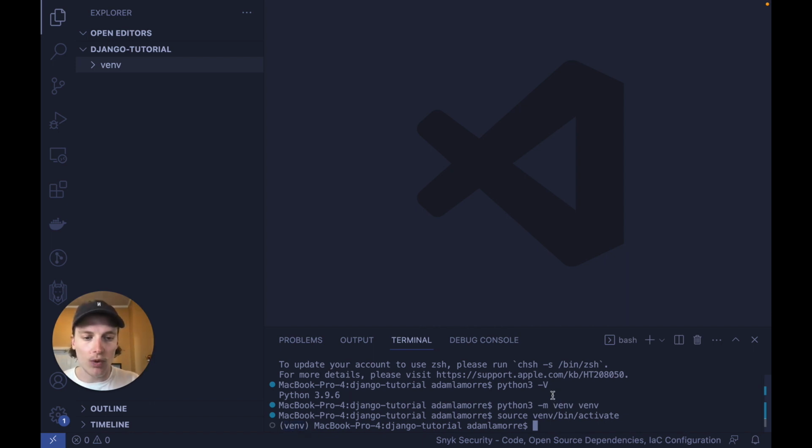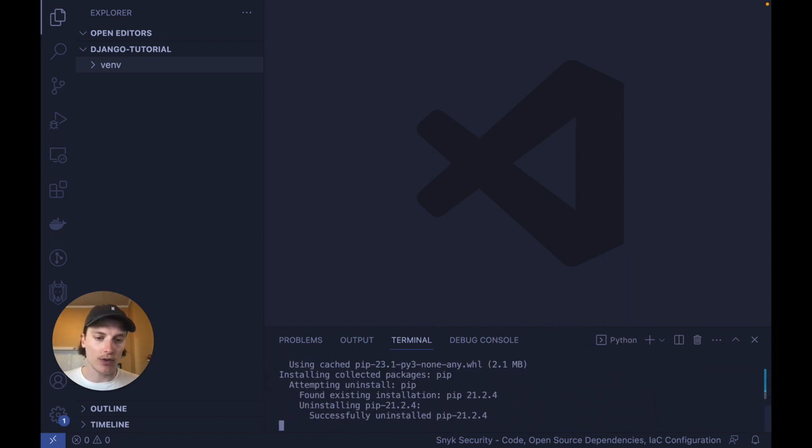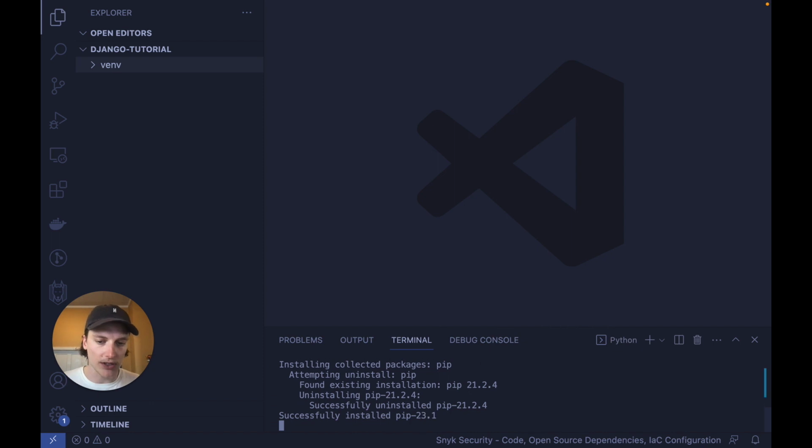So the first thing I want to do is validate that the right Python version is in place. So if I run python -v now, without the 3, you can see that it's now Python 3.9. So we know that 3.9 is running in this virtual environment, and I'm going to update pip to the latest. So pip install --upgrade pip. I always do this when I start a virtual environment, just to make sure pip is as late as possible because